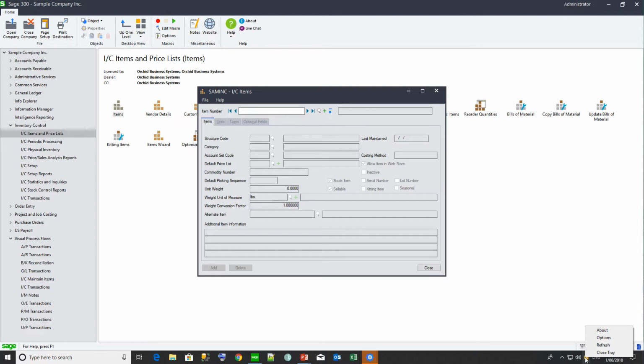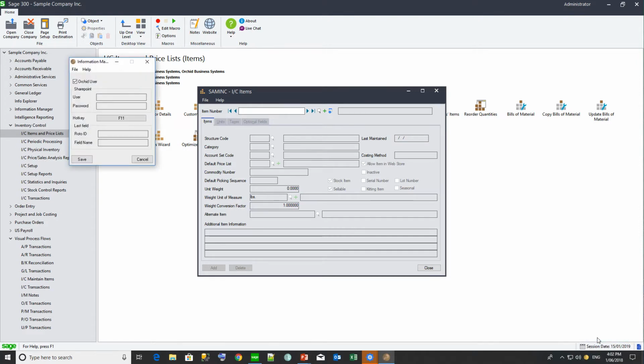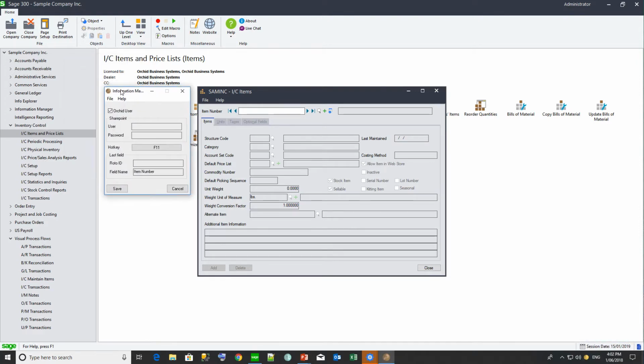And now if I right-hand mouse button and go to Options of my tray and drag that beside the screen that I'm interested in, and when I make the screen active by clicking in the screen that I want and in the field that I want, you can see that the roto ID of the screen is shown here, IC1110, and the field label of the active field is shown here, item number. And those are the two things I need to know when I configure my notes to show around my IC